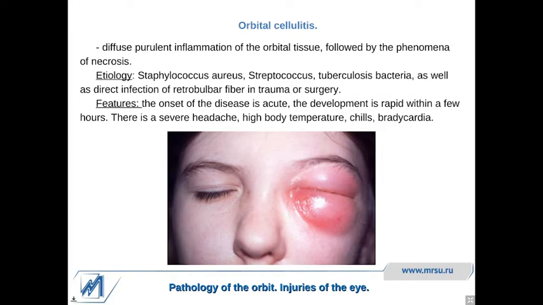Treatment. Of course, it is an urgent situation. It must be surgical opening and